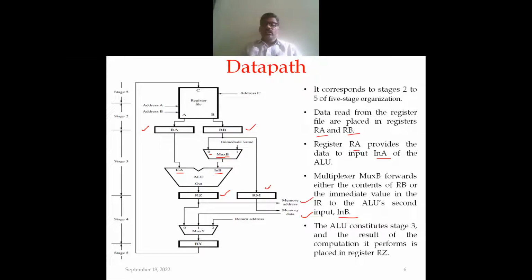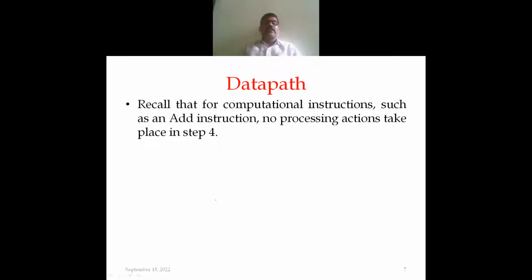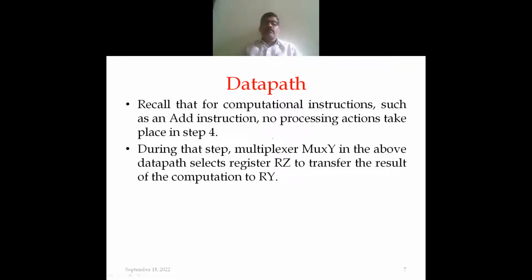The ALU constitutes stage 3, and the result of the computation is performed and placed in a register RZ. Okay, after completion of that ALU operation, recall that for computational instructions such as an add instruction, no processing action takes place in step 4, and during that step,